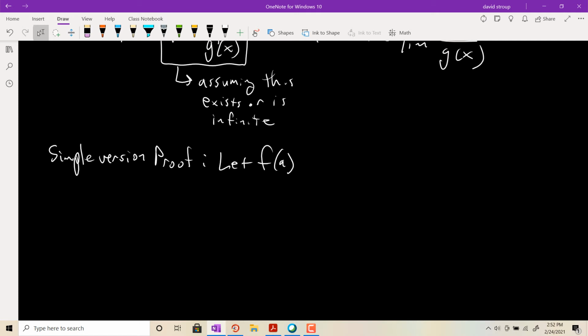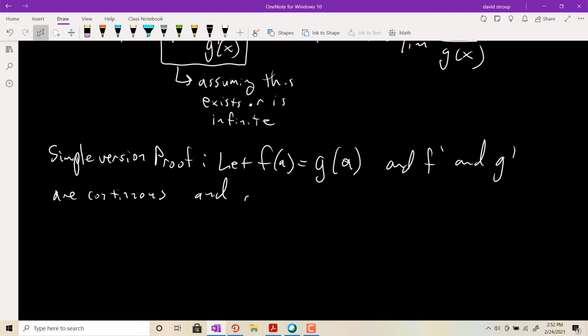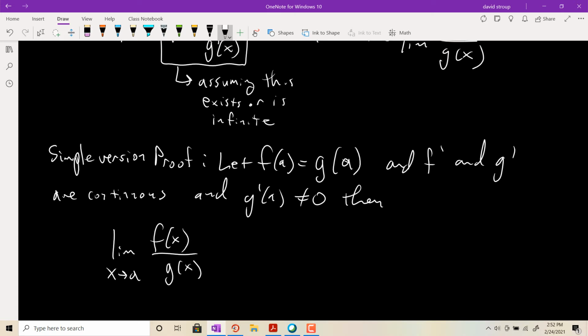If you have f of a equaling g of a, which is the number you're approaching with the limit, and you know that f prime and the derivative of g are continuous, and also that g prime of a does not equal 0, then you can note the limit as x goes to a of f of x all over g of x is equivalent to the limit as x goes to a of f of x,